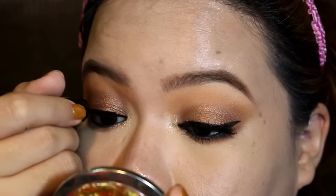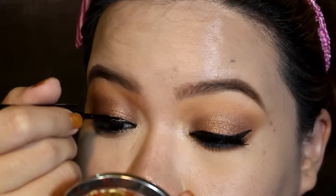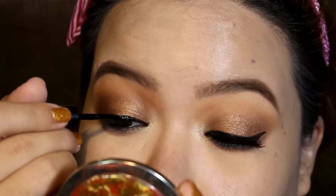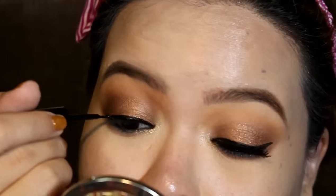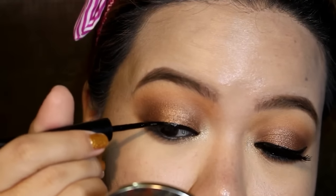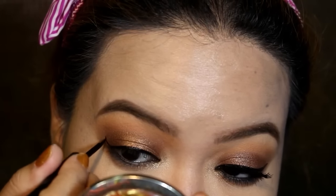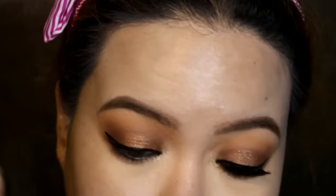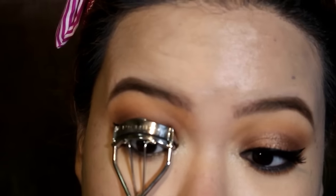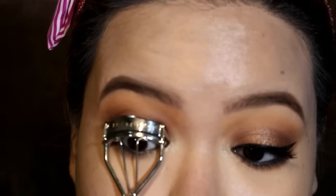Alright, now I'm taking my e.l.f. liquid eyeliner. This one is just in black, and I'm going to create a fairly thin line on the upper lash line, as you can see right there, as thin as I can do. And I'm gonna go back a few times because I want this eyeliner to look really black and opaque, and I want it to be as smooth as possible. Creating some drama on my eyes, and then my camera stopped recording, so let's just move right into my curling